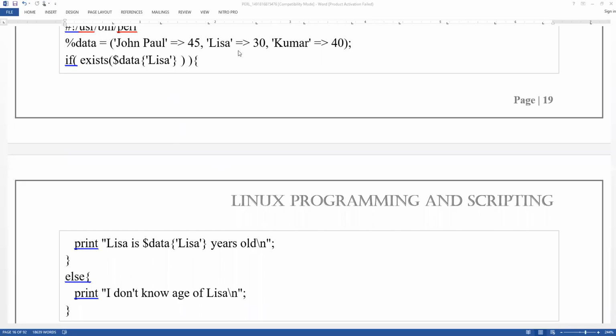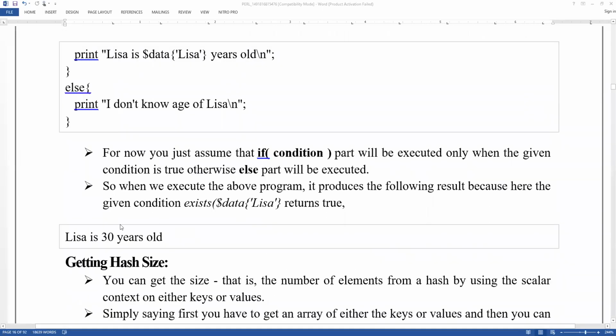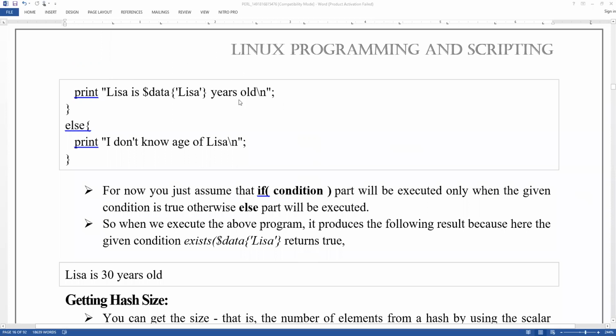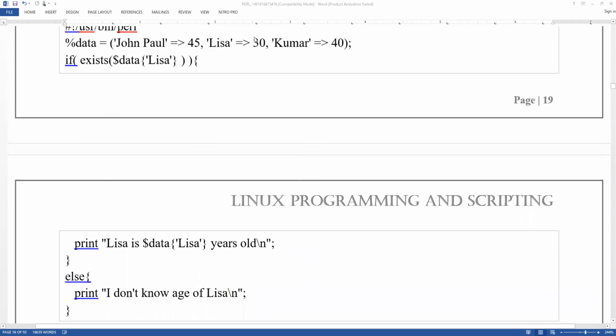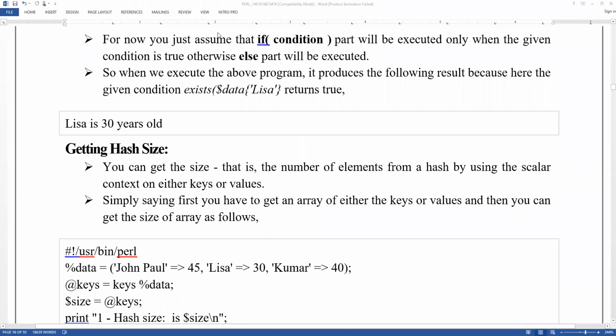If Lisa is not present in this database, it will go to the else part and print "I don't know age of Lisa". So here you are getting "Lisa is 30 years old" because Lisa was present in the above data. So this is an if condition and else condition.